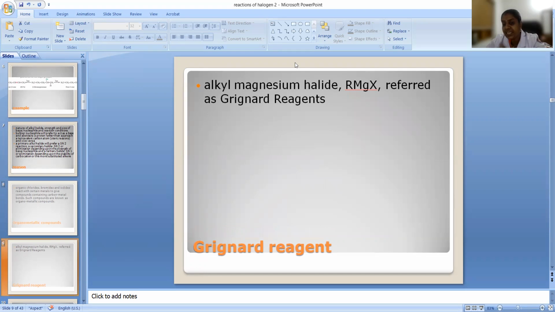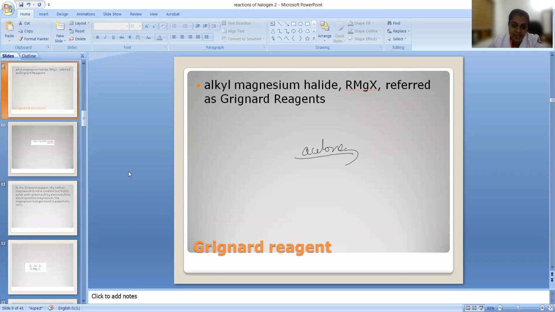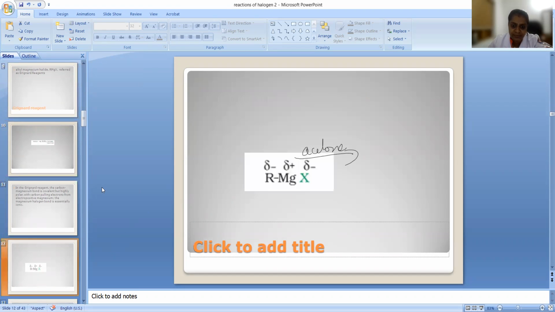And we can see that the reaction takes place inside an ether medium. So why are we using this medium? If there is a trace of water inside, what will happen? The reaction will mislead. We will get a different product. So why are we conducting this reaction in the presence of dry ether? Let us see.